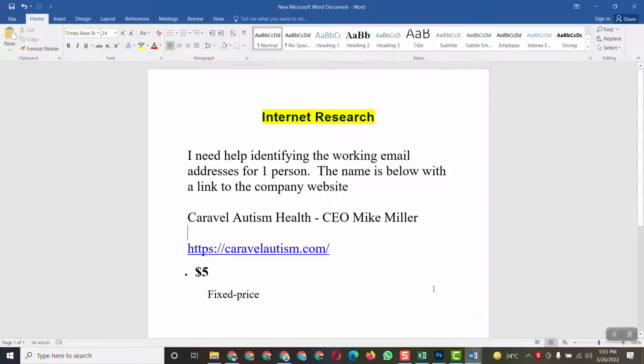So basically here you can see this was the client instruction. He said that I need help identifying the working email of one person. The name is below with the link of the company website. So here is the company name, and this is the CEO, and here is the name of the person, okay, and this is the website. Okay, so now we have to collect this person's email from this website, and he paid me $5